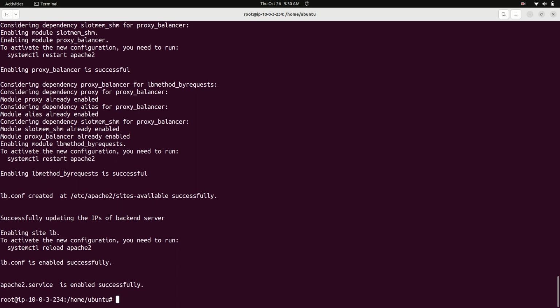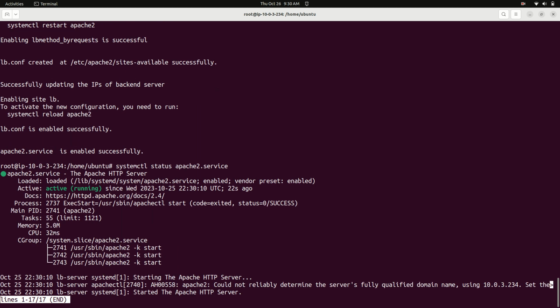Beautiful. So looking at this, Apache service is enabled successfully. Okay, let's check systemctl status apache2.service. Beautiful. That's right. And one more thing I want to check is cat etc